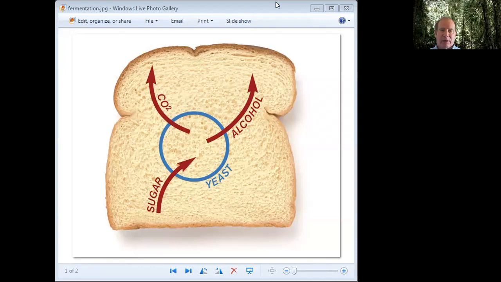So you can see here in this simple slide, when you mix sugar and yeast, one of the products or the resulting compounds is carbon dioxide, and the other is alcohol. So there's many different types of alcohol, and it kind of depends on the proportion as to what you get out of it. But this process is called fermentation, and most people think of fermentation when they think about adult